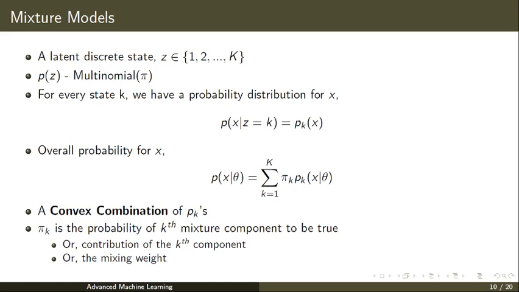You represent it as pi. Multinomial, in the sense that you may know binomial, so same like multinomial. So it will have a pi 1 which represents the